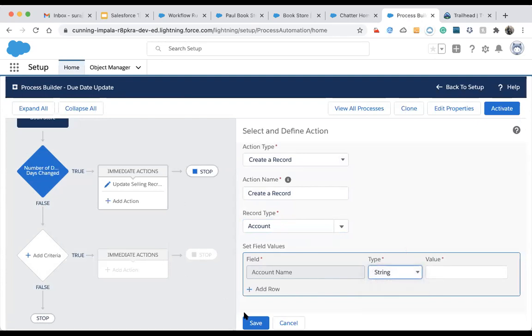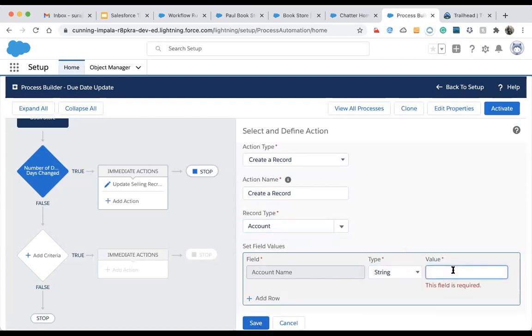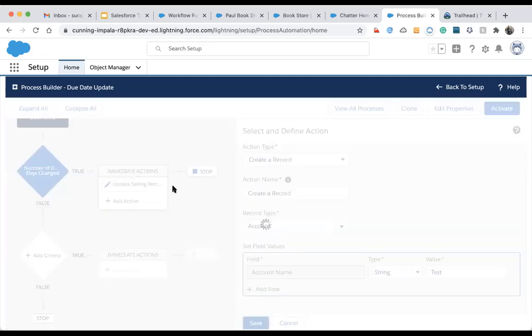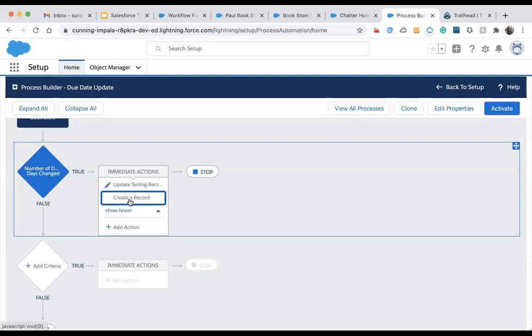We just need to set, let's say, the account name. So whenever this executes, it will create an account record and also update the selling. Okay, I see. Thank you. We can add as many actions as we want.